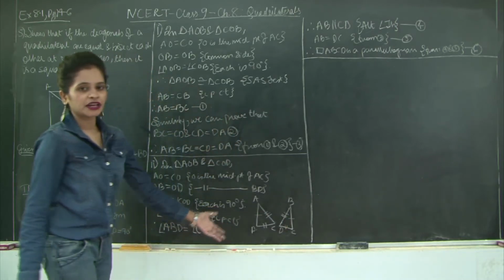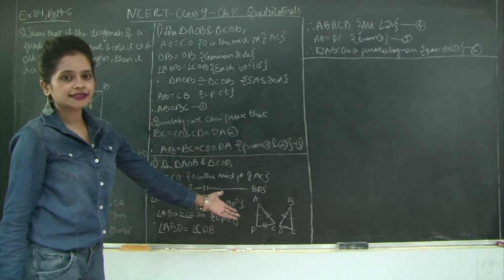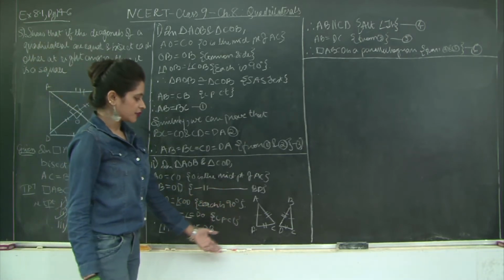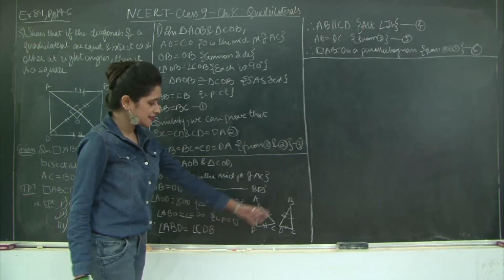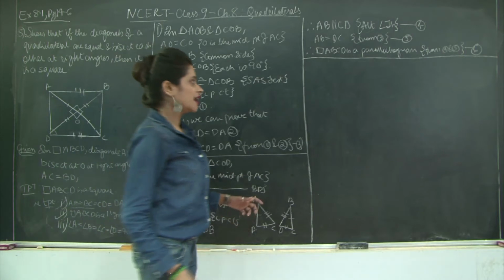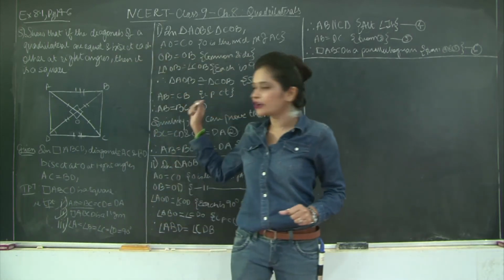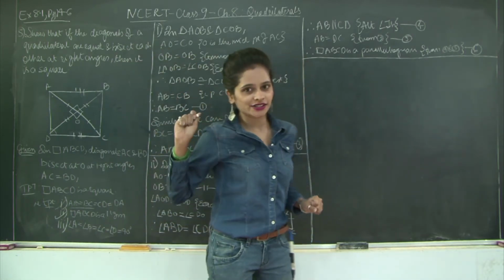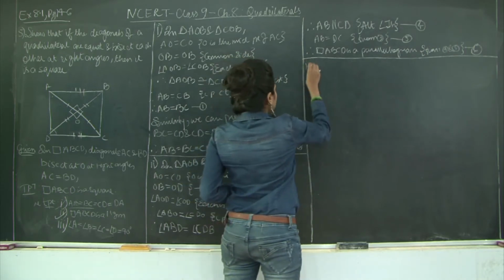Therefore, what can I say? My two triangles are congruent to each other by which test? Side test of congruence, and therefore I can say that entire angle D or ADC is equal to angle BCD. So let's prove this first, and then you will see how we are going to go about proving that each angle is 90 degrees. Alright. So my third part,